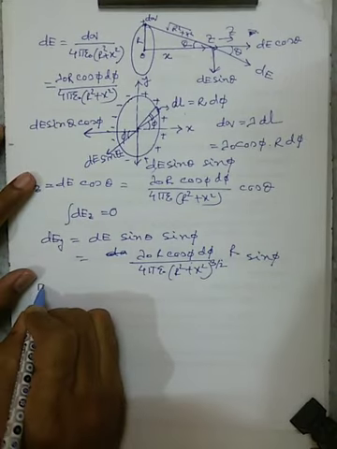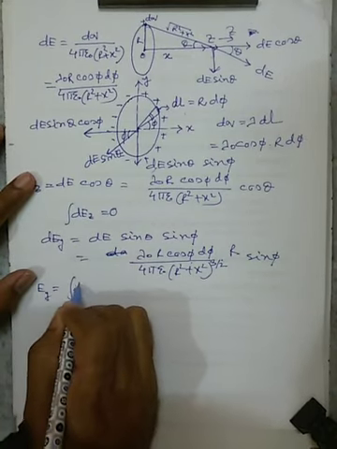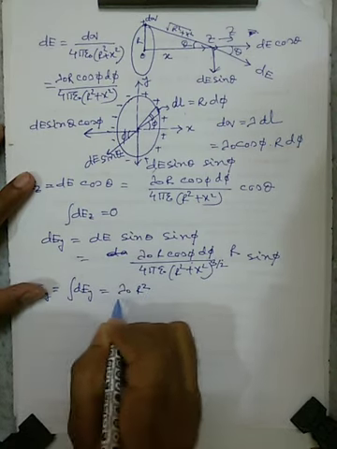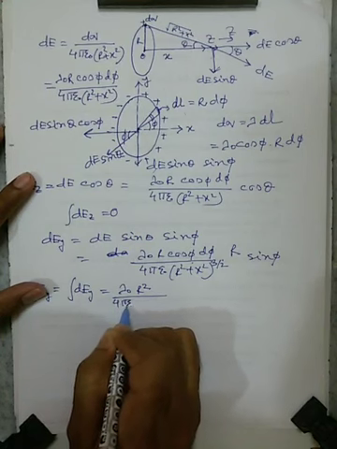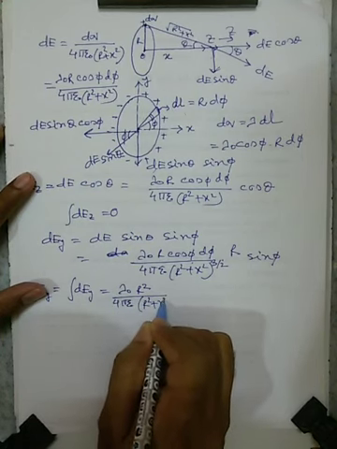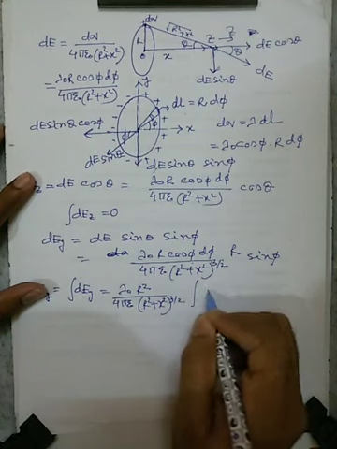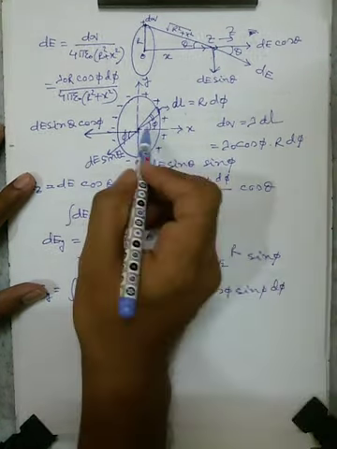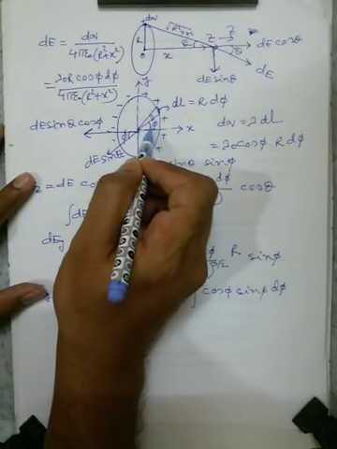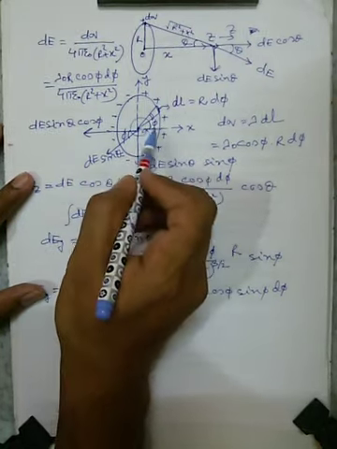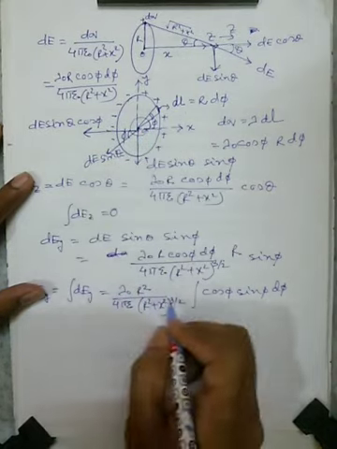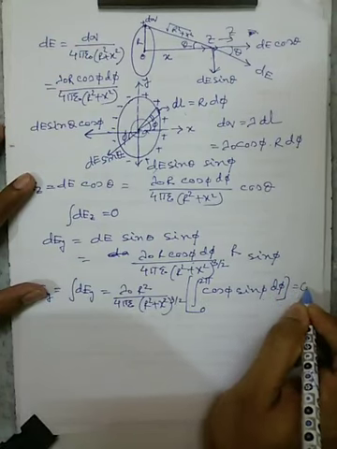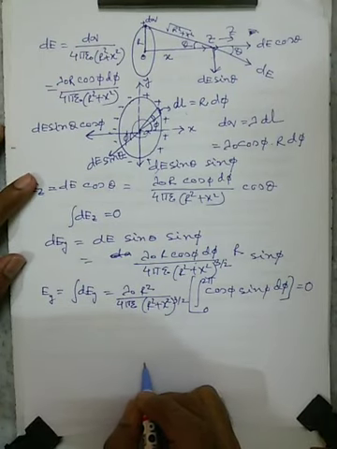Therefore the net field along the y axis, dEy, will be lambda naught r square divided by 4 pi epsilon naught (r square plus x square) to the power 3/2, times the integration of cos phi sin phi d phi, where the lower limit will be 0 and the upper limit will be 2 pi. From 0 to 2 pi to get the full ring. If we perform this integration, the value will be 0. Therefore the electric field along the y axis will also be 0.